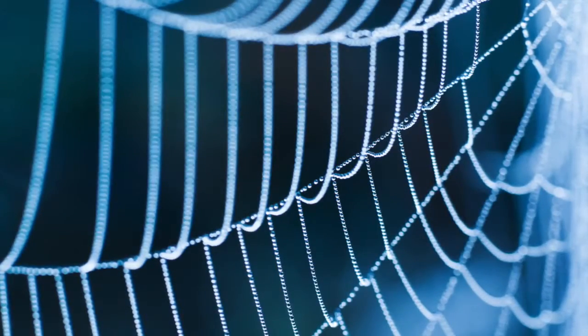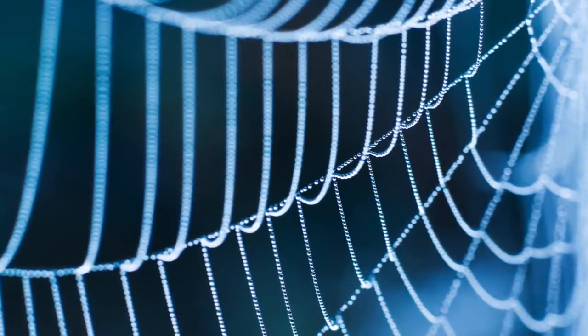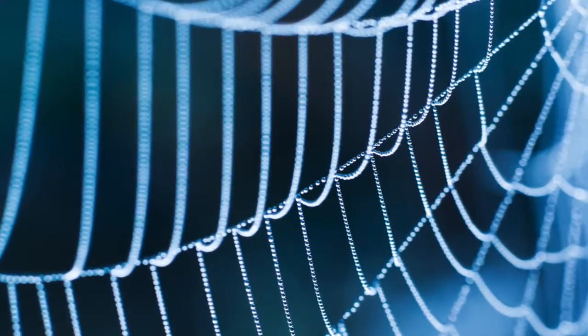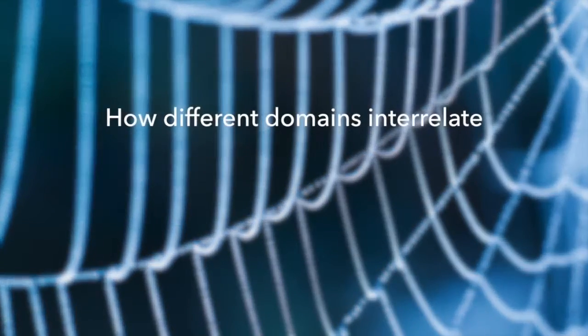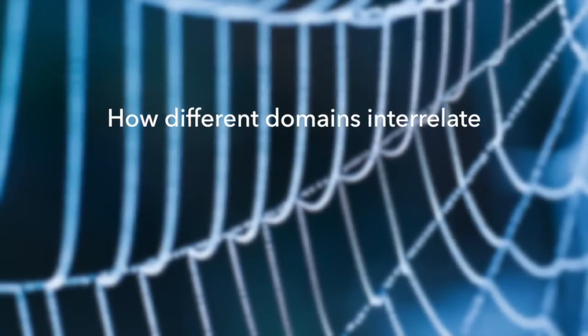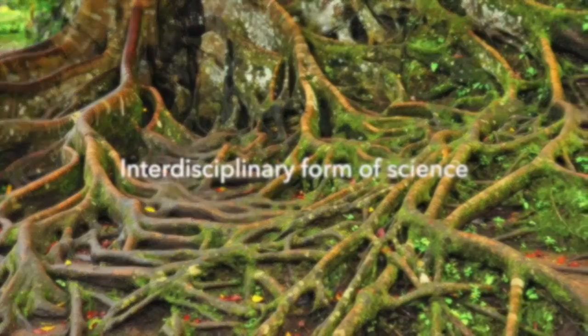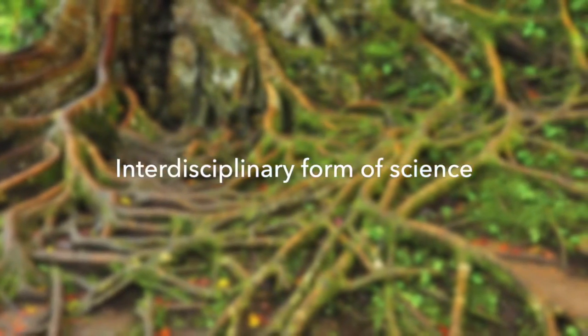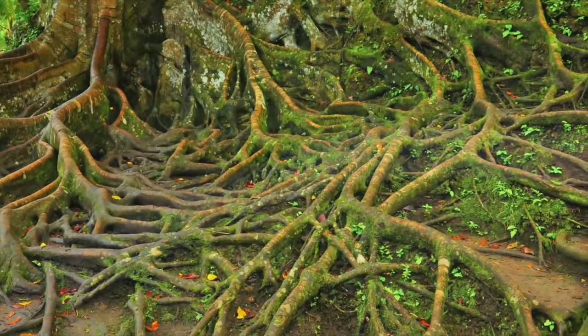This is where systems science comes in. With its holistic approach, it lets us focus less on specialized knowledge within specific domains and more on how these domains fit together, often through the idea of integrative levels. Thus, systems science is a much more interdisciplinary form of science, being more relevant when we are dealing with phenomena